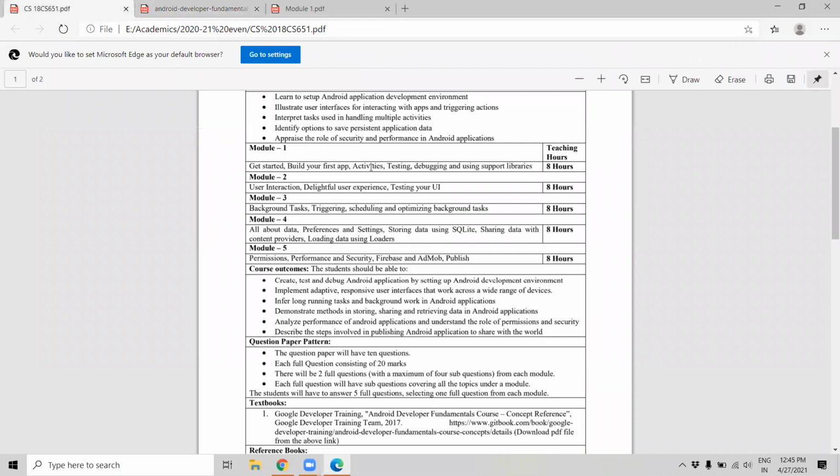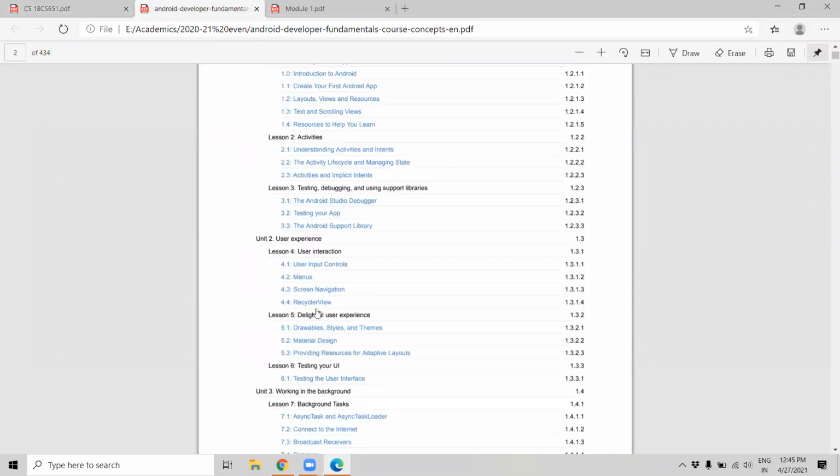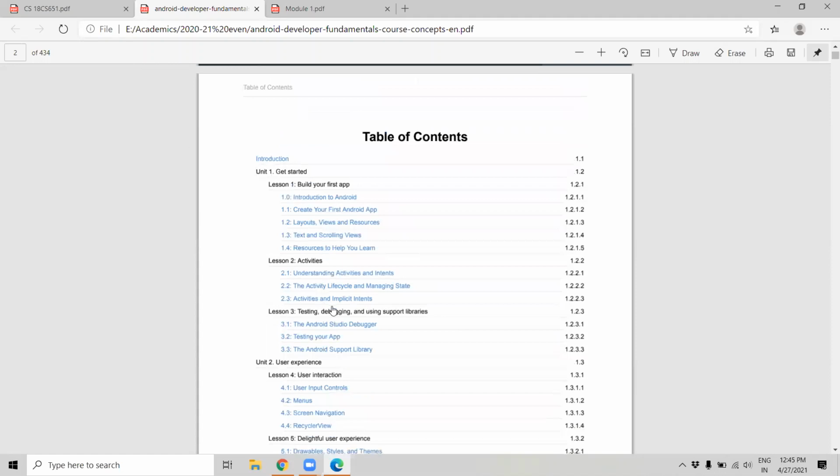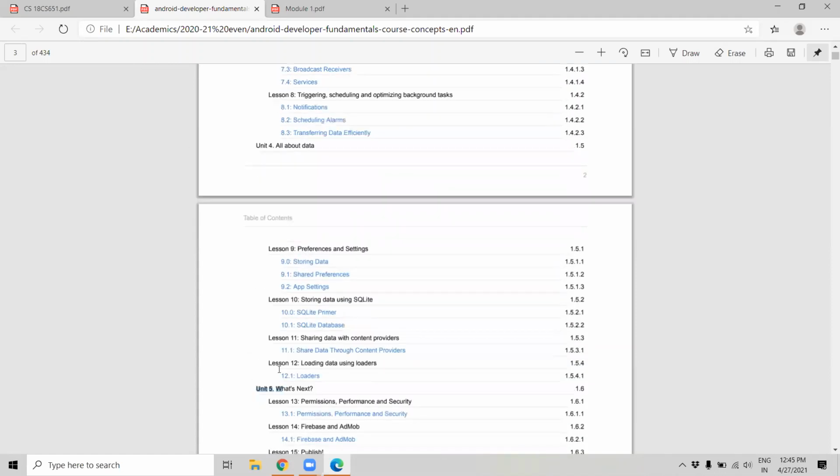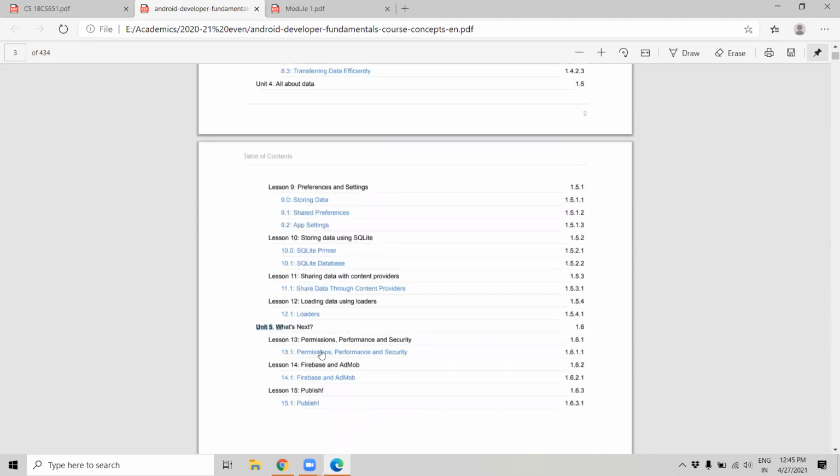Get Started, Build Your First App, Activities, Testing, Debugging, and Support Libraries. See, User Interaction, Delightful User Experience, and Testing Your UI. Each lesson is a topic in the syllabus. In the same way for Module 3, Module 4, and Module 5.